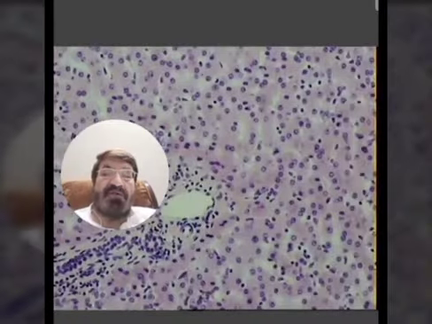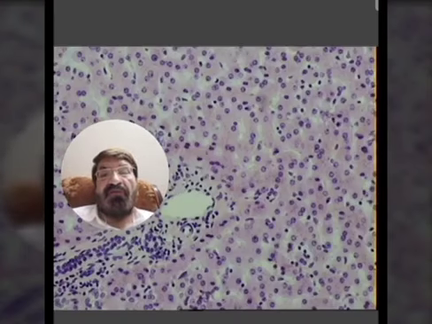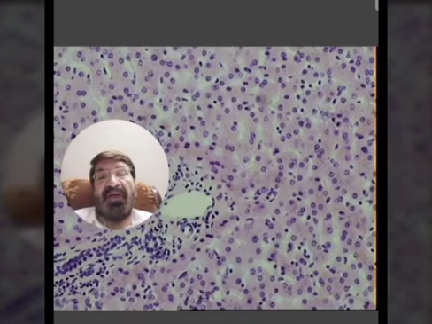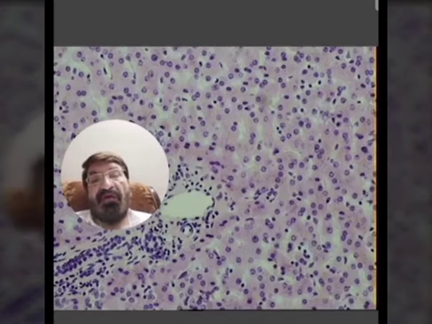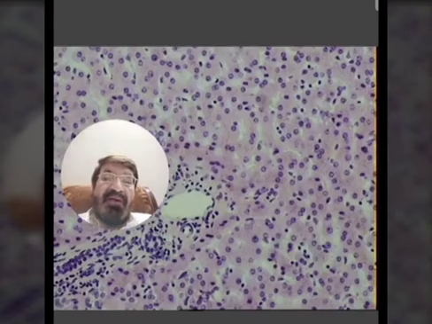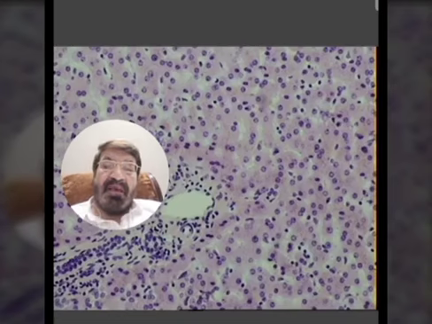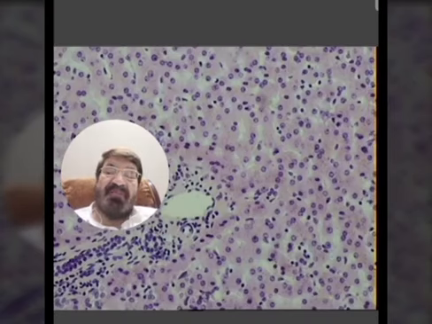You can identify this. This is the central vein, and these are the radiating cords. The central vein and the radiating cords. Can you see the sinusoids? Now in this slide, this is the magnified view of the liver, and you can see the sinusoids. In between the hepatic plates there are sinusoids. These empty spaces that you can see are sinusoids, and these are hepatic plates made of hepatocytes. A single cell thick, and these hepatocytes are present in the form of hepatic plates.